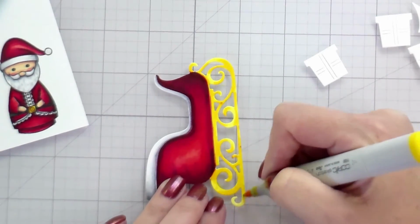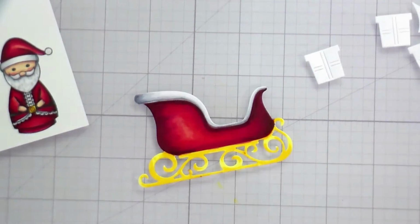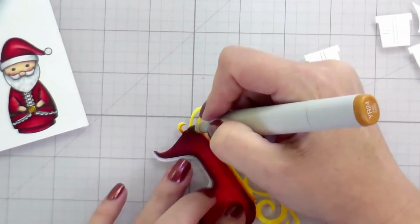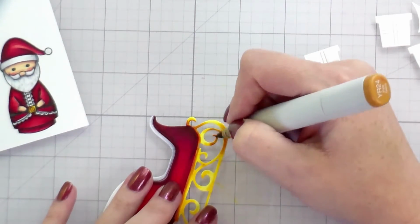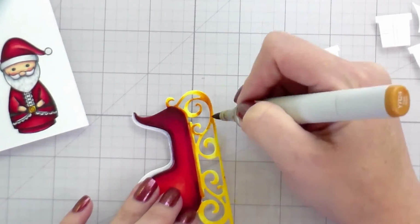I would have gone in with my colorless blender. I would have removed as much as I can, let it dry, hit it with the colorless blender again, let it dry, and so on and so forth, until it was at the point where I could either cover it up or live with it. So, working out to my darkest color, I am adding shading on the inside of the